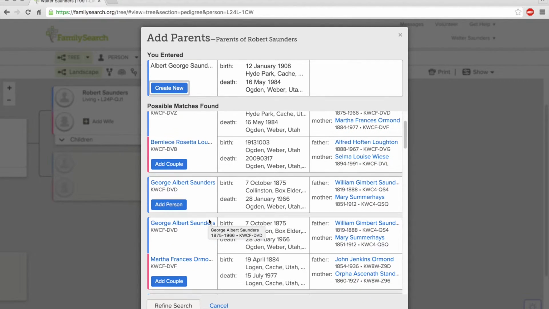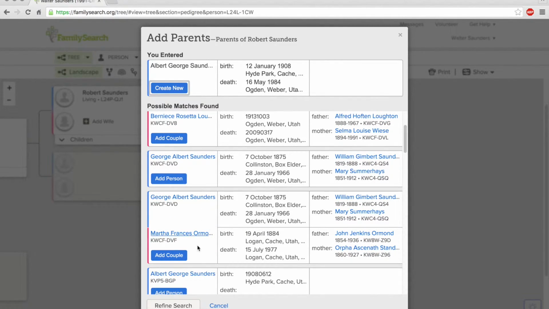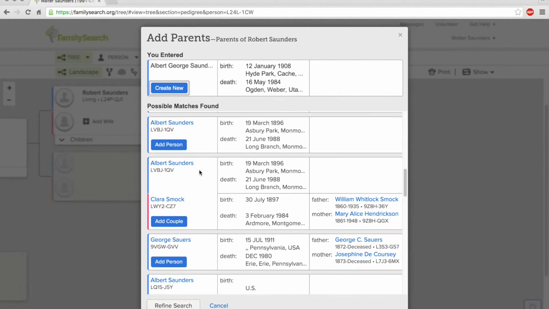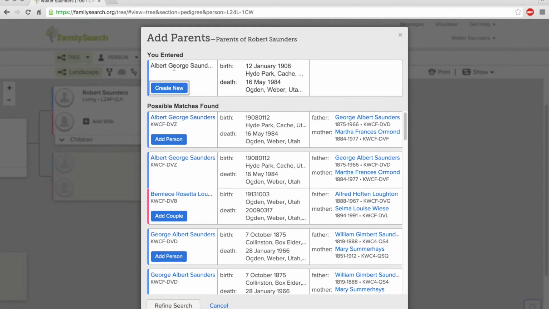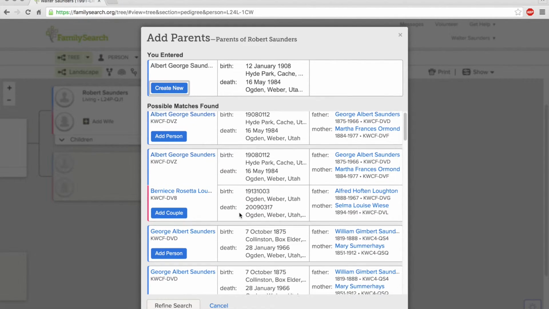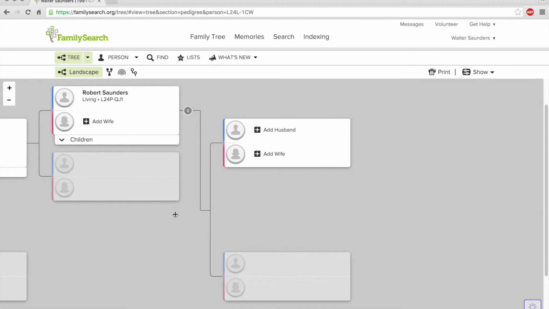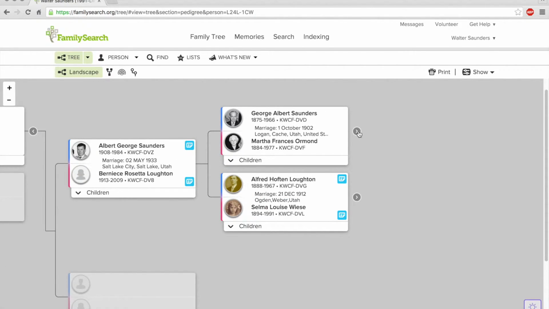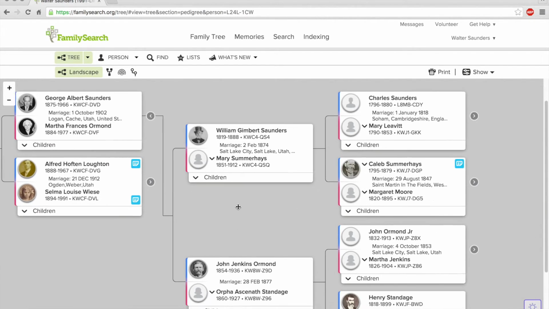We can also see a few other alternatives here, but we don't want these alternatives. These are just things that FamilySearch says is possible. I could also create it as a new person, but I definitely don't want to do that. So I'm going to add the couple that they've suggested right at the top here. As I do this, you will see the magic of FamilySearch unfold. Now I am connected to a line of individuals way far back,